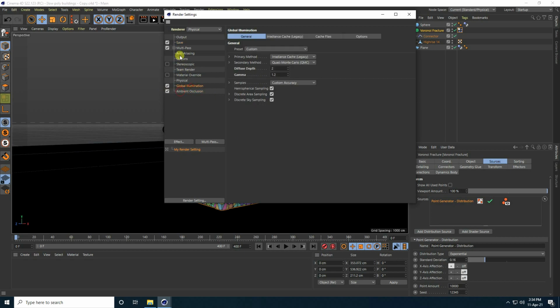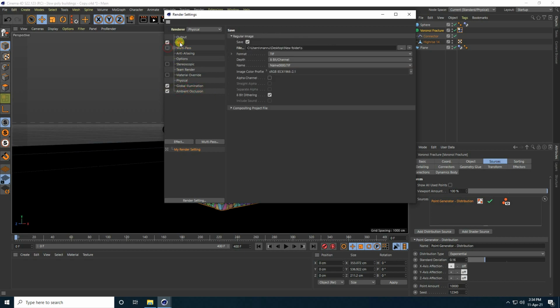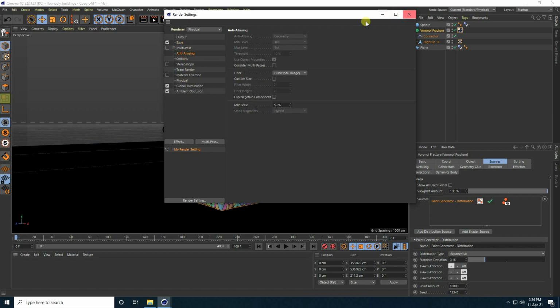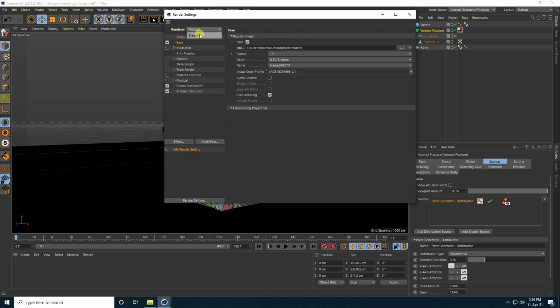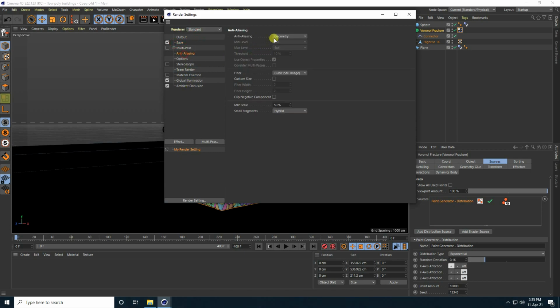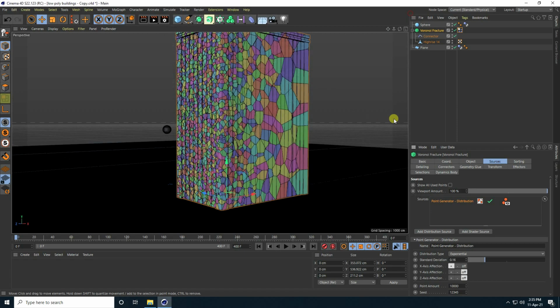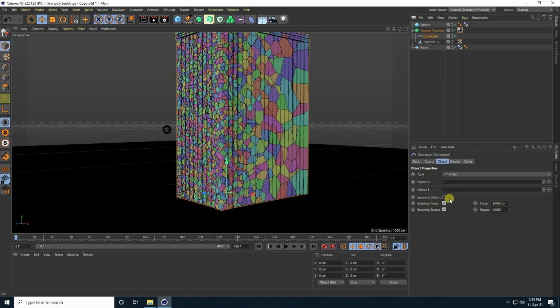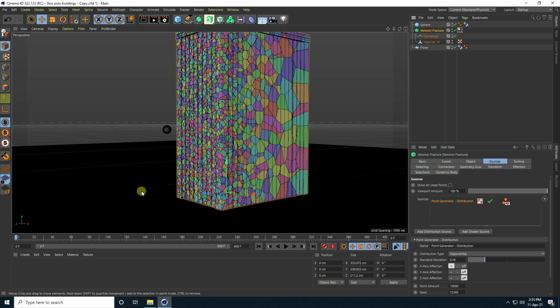That's it, my final animation is finished. That's my render setting. Change the renderer to standard, select best, and max level like 2. That's my final render setting. So that's it, my final animation is finished.